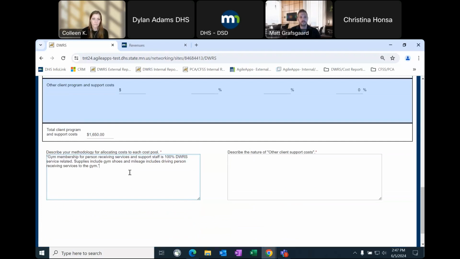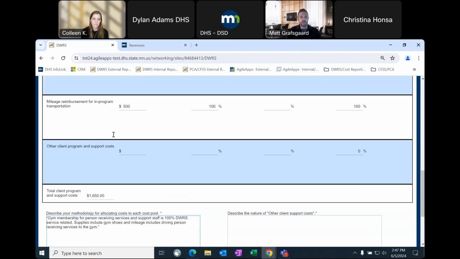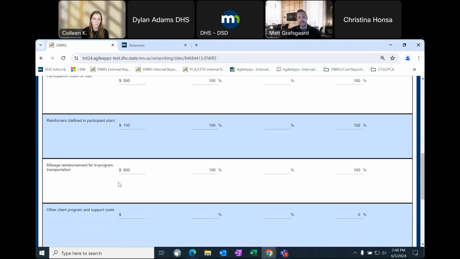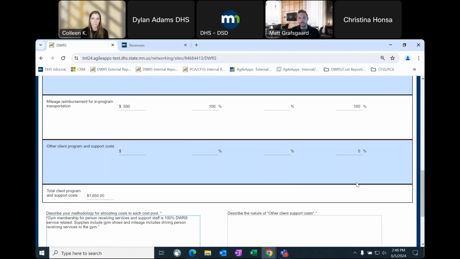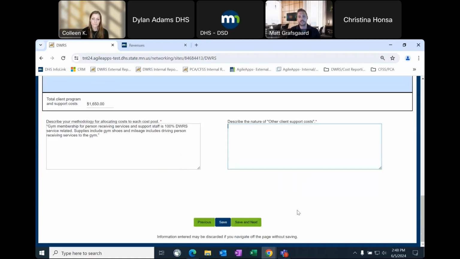Again, that methodology box is a great place for you to add a little more context to what you're reporting. And if you have any other client programming support costs which maybe don't align with some of these, feel free to add that total amount here, allocate it as necessary, and then describe the nature of other client support costs, just adding more context. So we're going to save and next,